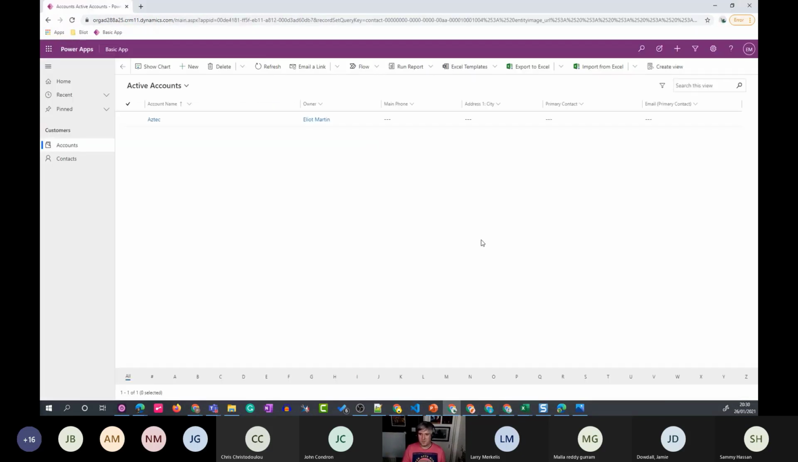And what we'd expect to happen there is not much change. Elliot, who's the manager, has two child business units underneath him, but because those users reside in those business units and we can only see records in our own business unit, we don't expect to see any more records, and it's the same for the other